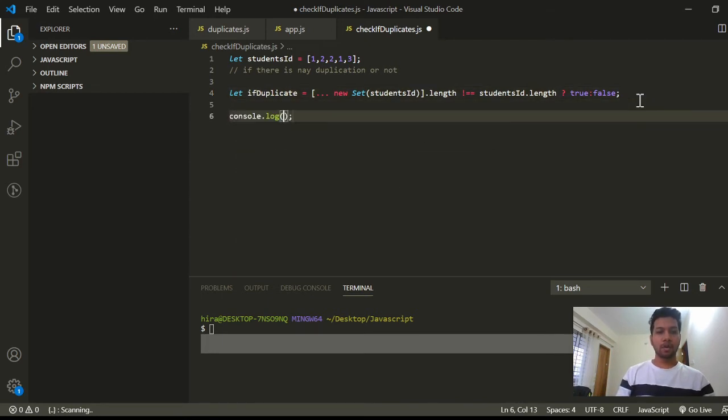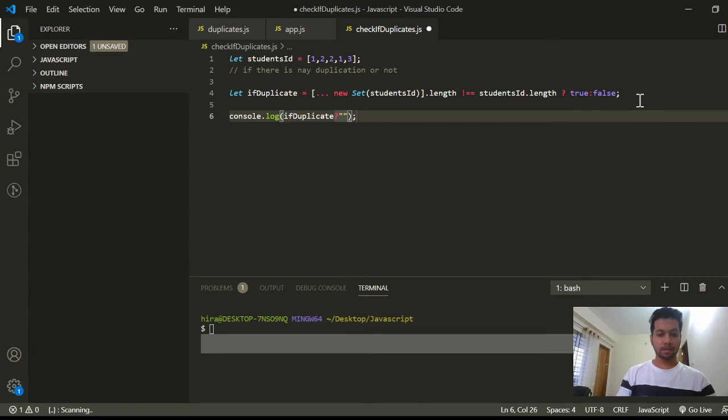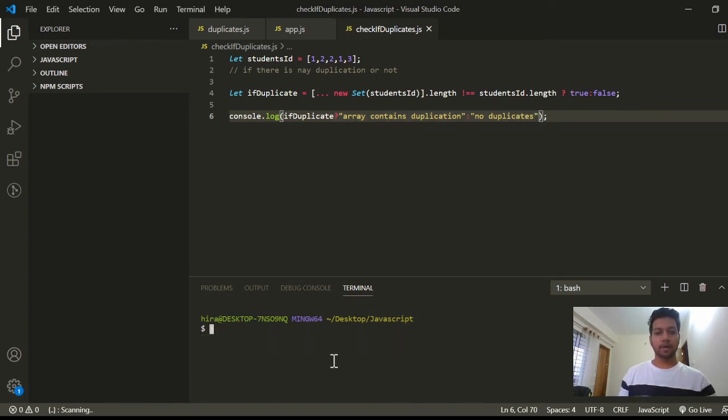So I will log: if duplicate, array contains duplication, otherwise no duplicates. So I will run this program to see the output.